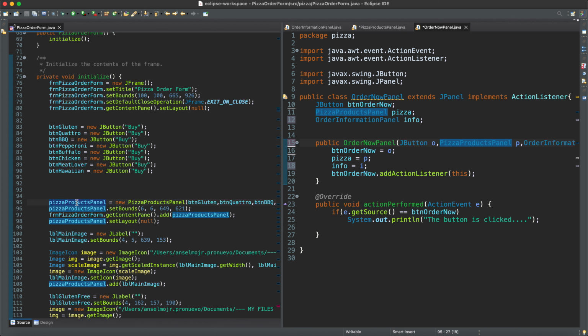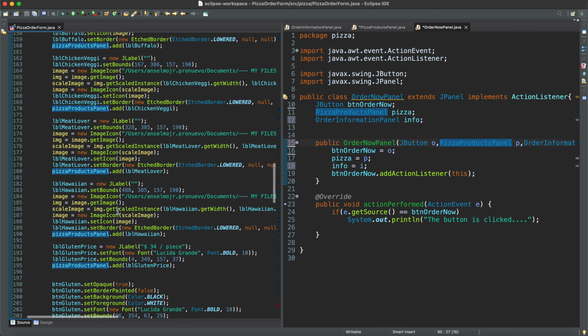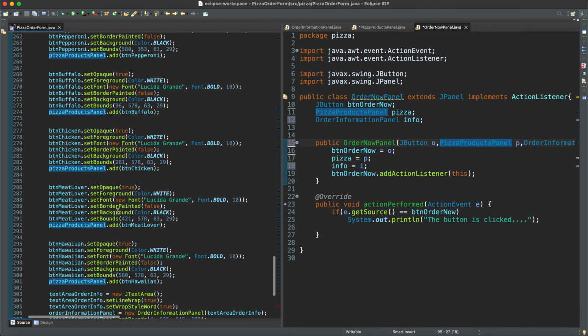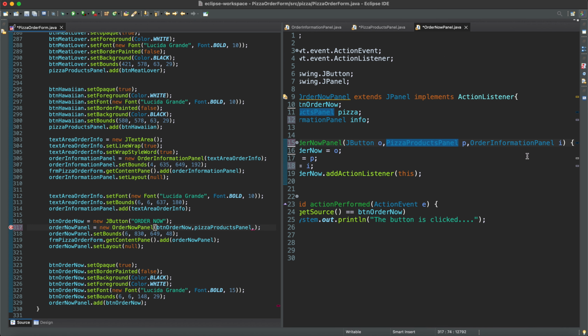So we need to copy the variable and then paste it down there. Where is the error? Here you go. We need to pass that to the constructor. That is the second one. And then the third in the constructor is